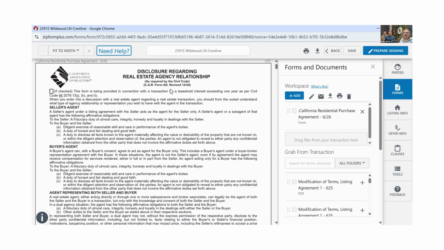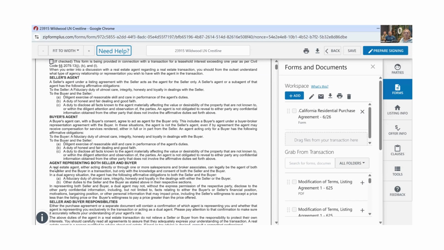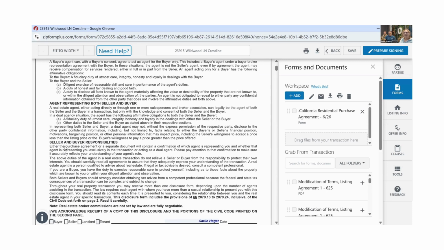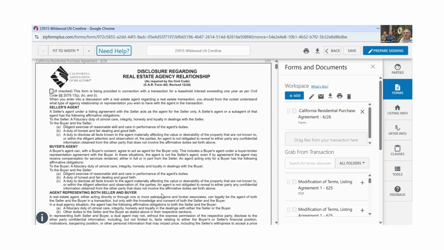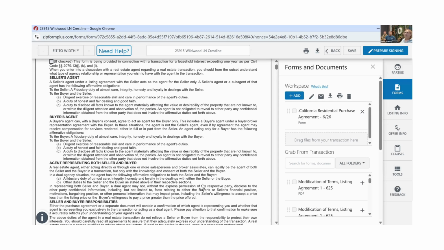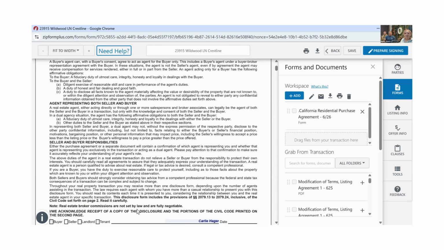So pretty much this disclosure outlines your responsibilities if you're the seller's agent, your responsibilities if you're the buyer's agent. If you're an agent representing both buyer and seller, these are your responsibilities. And then here are the seller and buyer responsibilities. So it's a really good idea. It also references the civil codes that require that this disclosure be made, and that's down here. This disclosure form includes the provisions